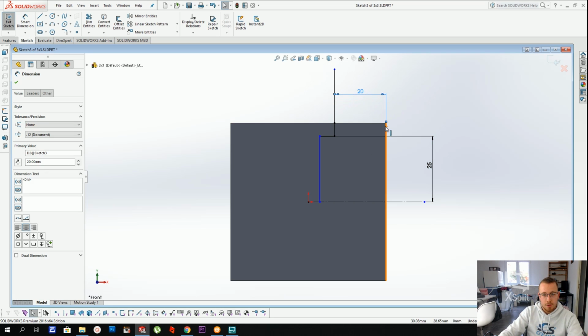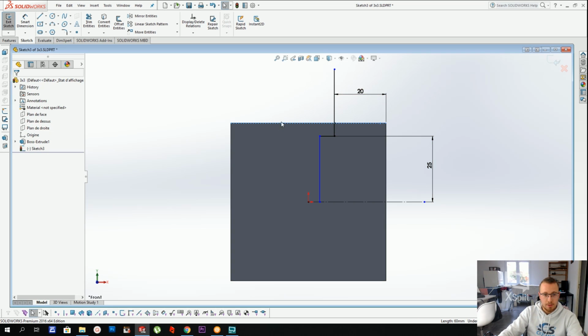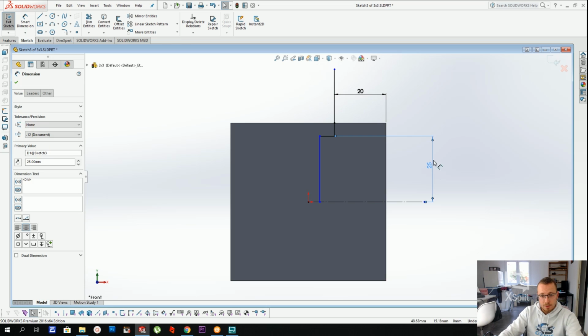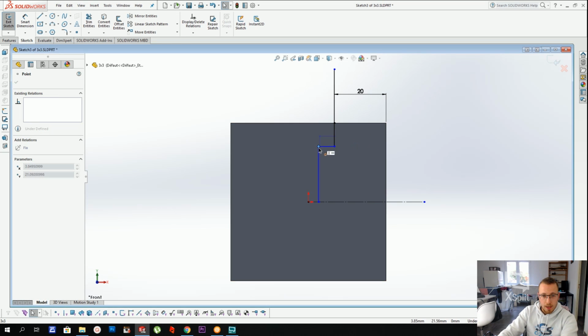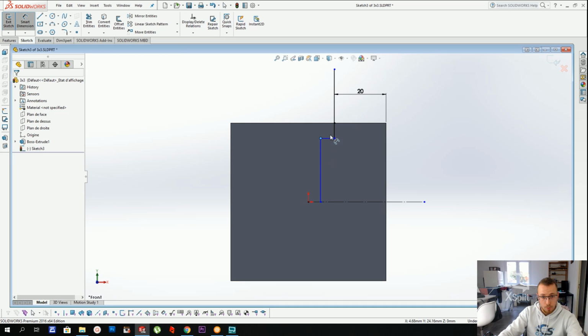Why? Because 20 is 1/3 of the edge length, and since this is a 3x3, we're doing 1/3 to make 3 layers. So this has to be 20. This is arbitrary. I could do it anywhere along those lines, but I need to make sure it's not too short, otherwise we're going to cut the corner off, and that is not what we want. We want the corner